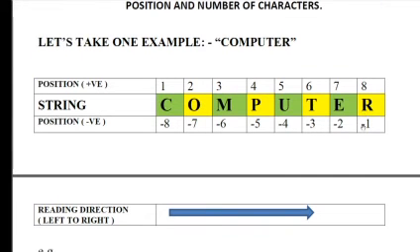Now another important point which is very necessary to know is the reading direction. The reading direction is always left to right. It means MySQL always reads data from left to right, towards the right. As in our daily life we read any notebook, book or newspaper. If we have to read any word or any name in the English language, we read it from left to right. Similar to that.